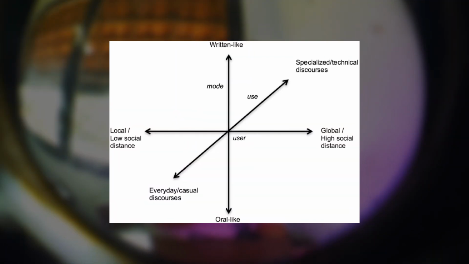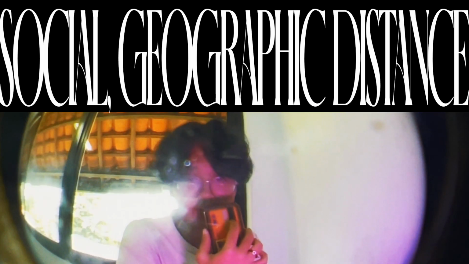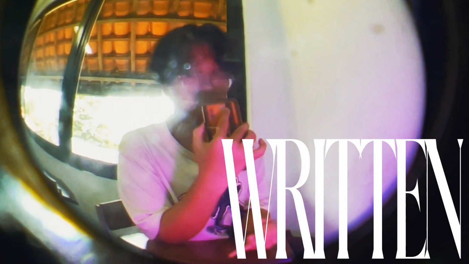As for our last model, it would be Mahboob's Language Variation Framework. Mahboob's Language Variation Framework consists of three continua. One relates to users of English based on their social geographic distance. Another relates to the purposes for which English is used. And the third one refers to the way of communication, whether it is spoken, written, or a combination of both. These continua are not separated, and together they provide 8 different possible kinds of language variation.